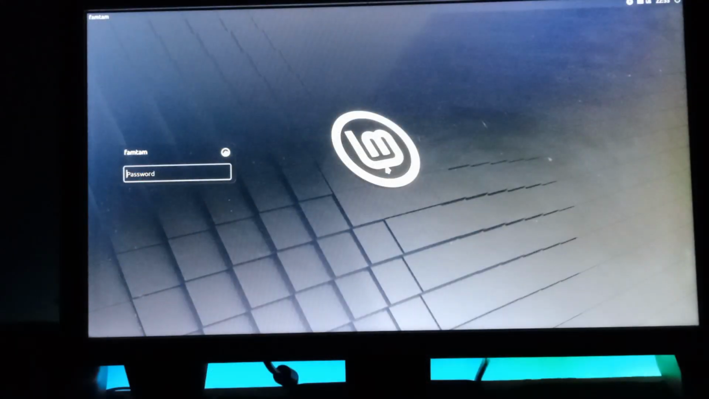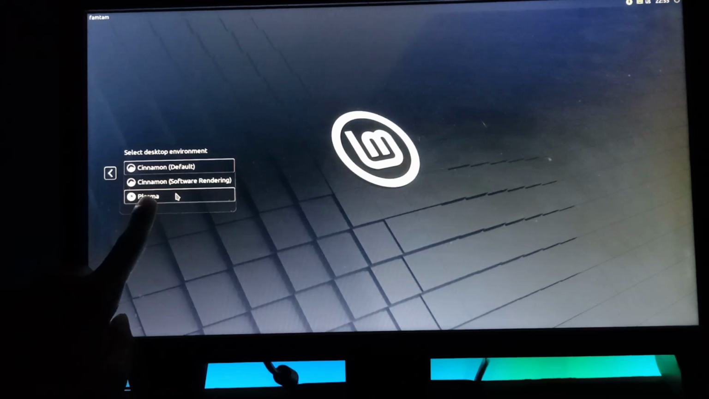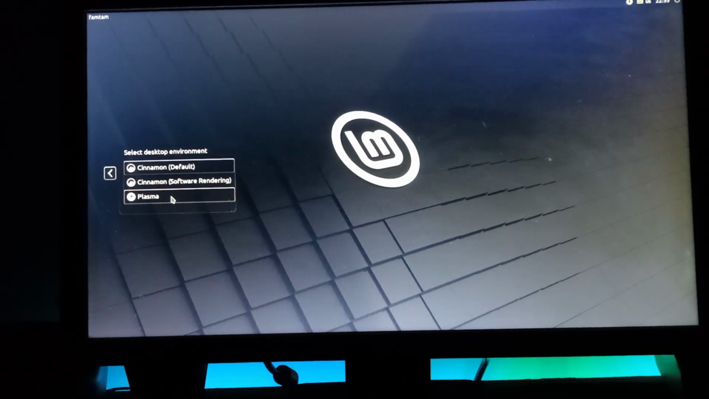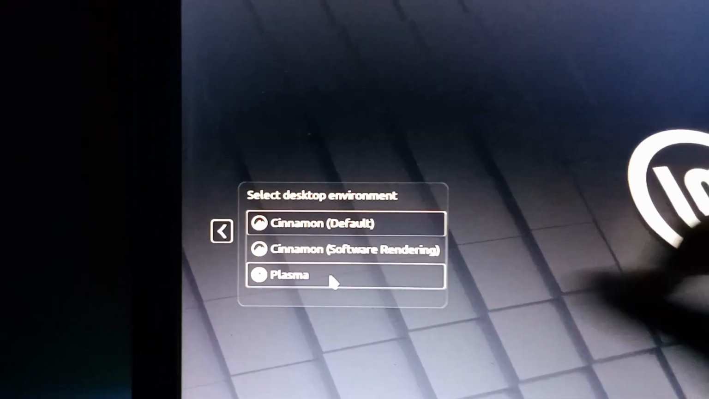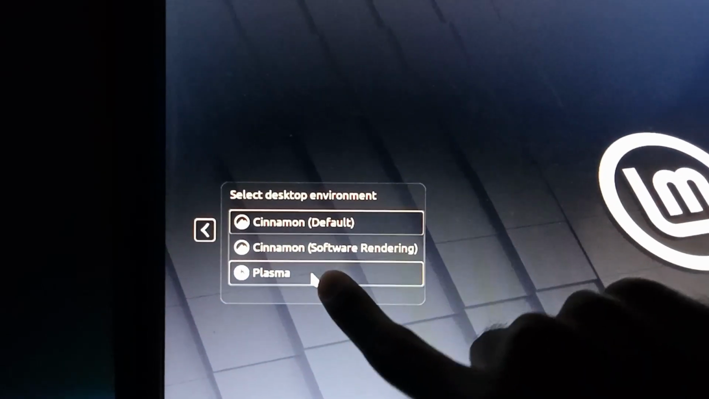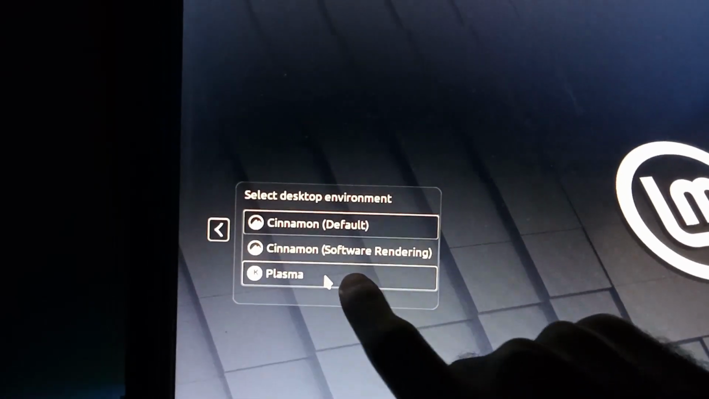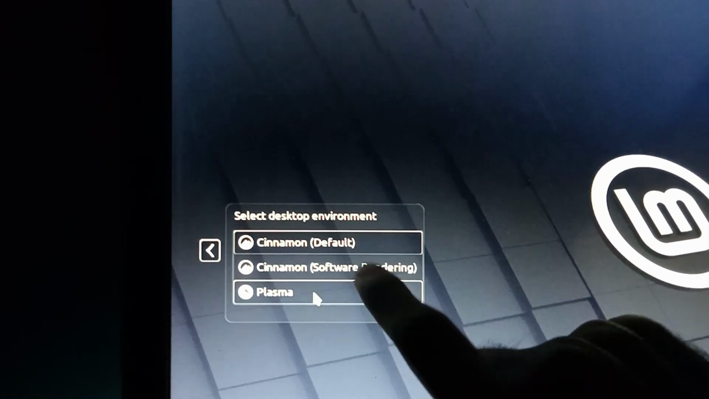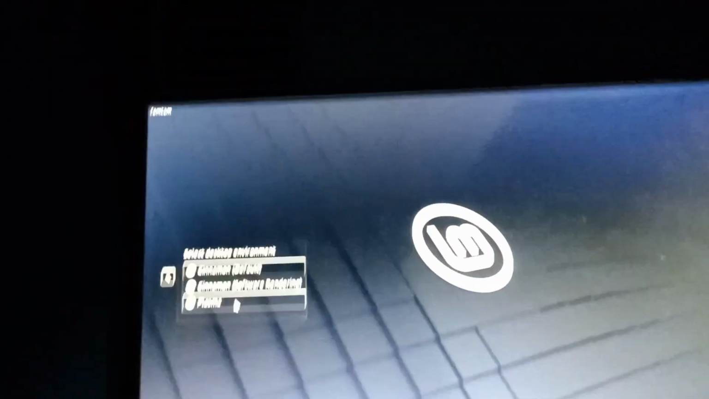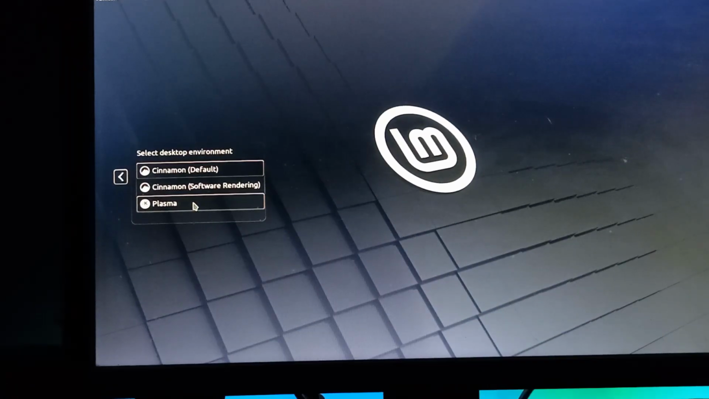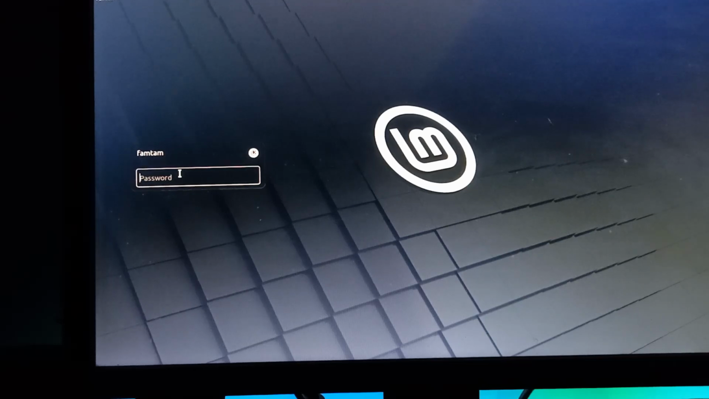So guys, as you can see, I'm at the login screen right now. So all you have to do from here is click on this icon over here and choose Plasma from here. So let me just show you clearly. So you have to just choose Plasma from here. So you'll have this option only if you have installed the kde-plasma-desktop. So I'm going to choose Plasma and type my password and press enter,